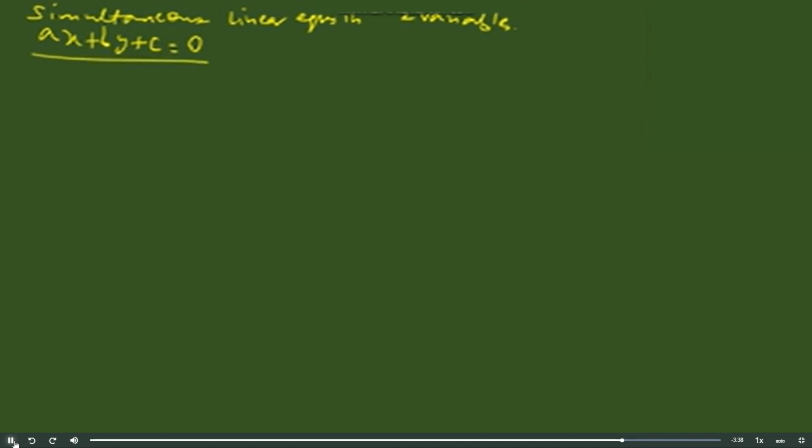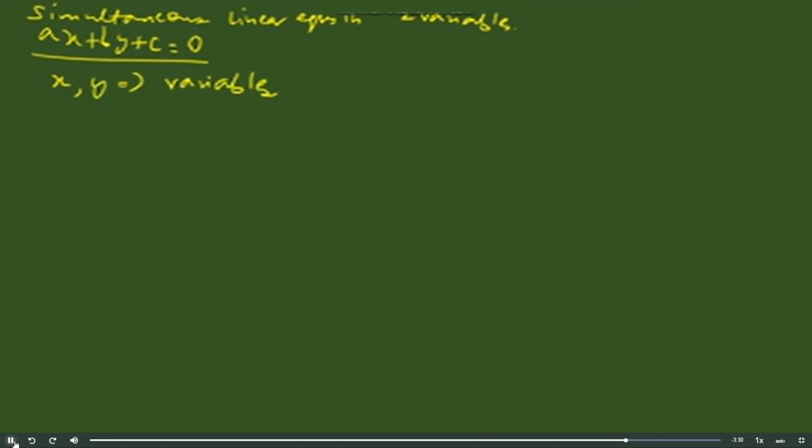Now we move on to simultaneous linear equations in two variables. The general form of the equation is ax plus by plus c equals 0. This is simultaneous linear equations in two variables. So the general form is ax plus by plus c equals 0, where x and y are